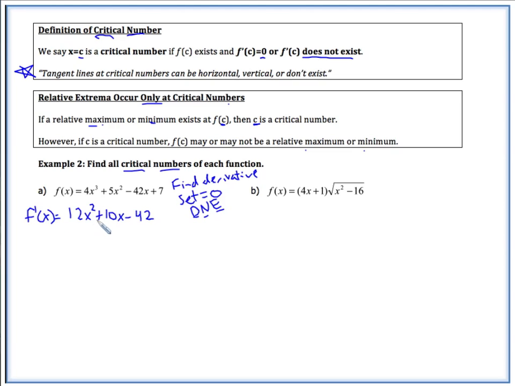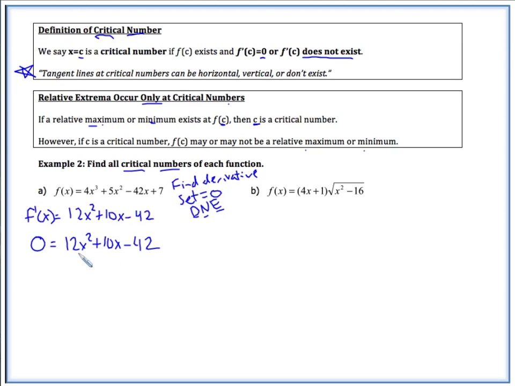Okay, so do we have any x values where we don't get a y value? Well, because it's a polynomial function, this is going to exist on the entire real number line. So next we want to set this equal to 0. And we want to say, well, where does it equal 0? What x values? So in this case, we're going to have to solve this, and we're going to probably factor